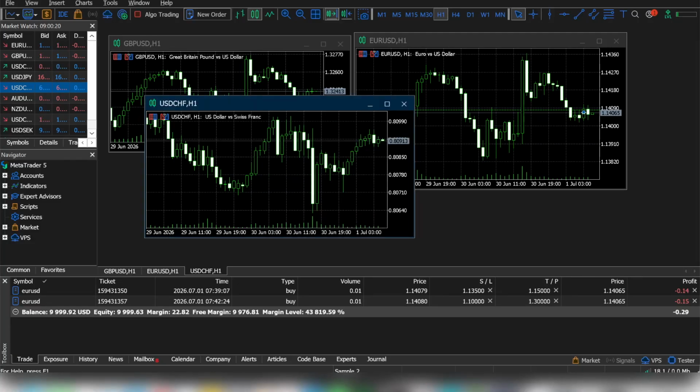Once you've entered a suitable name and you're happy with it, your next move is to confirm it. Finally, finish this process by clicking OK. By doing so, you're saving your progress, and this action ensures that all your open charts and setups are securely stored under the new profile name. And there you have it. By following these steps, you've successfully added a new profile to